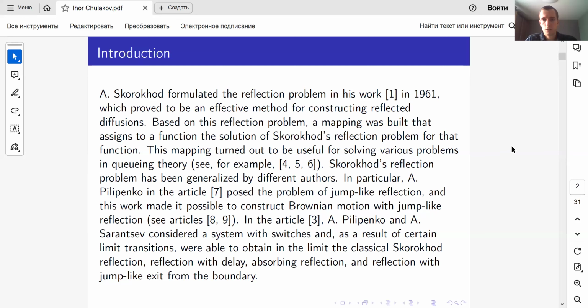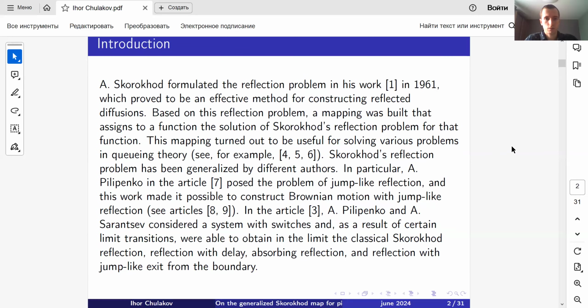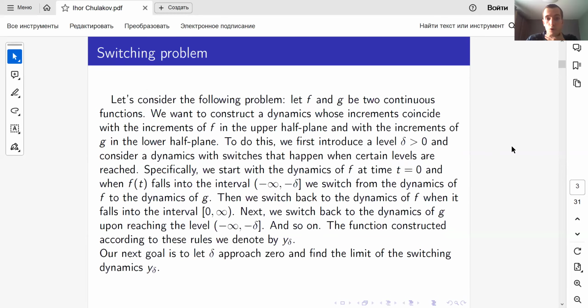Let's consider the following problem. Let f and g be two continuous functions. We want to construct a dynamics whose increments coincide with the increments of f in the upper half plane and with the increments of g in the lower half plane. To do this, we first introduce a level delta and consider a dynamics with switches that happen when certain levels are reached. Specifically, we start with the dynamics of f at time t equals 0,